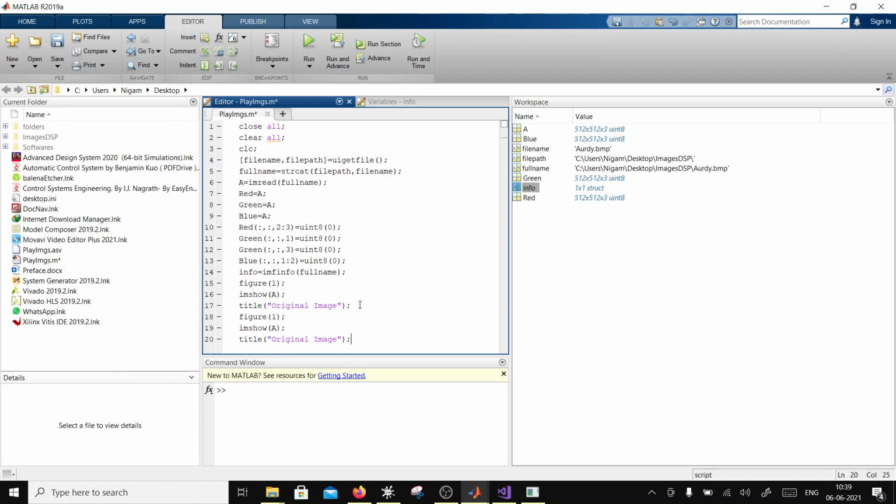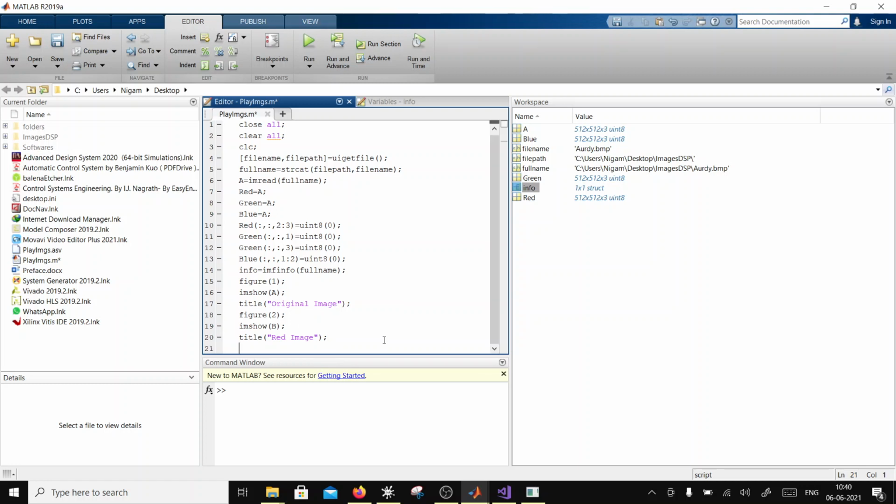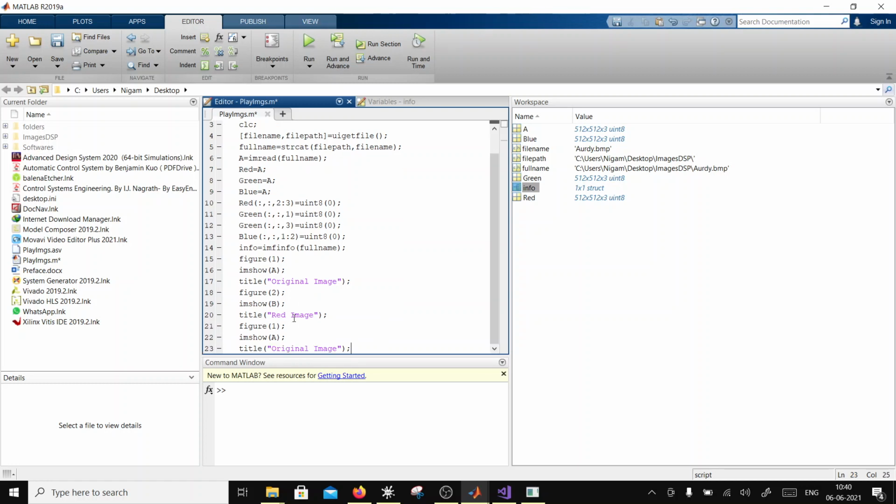Okay, Control V. So this is going to be figure 2. Then I'll later talk about subplots. So just put here this and say this is a red image. Okay, and then I would put that again, figure 3, and that is going to be the green image.